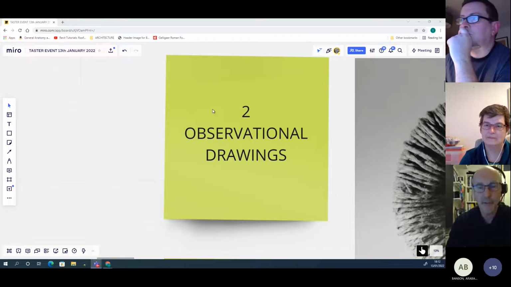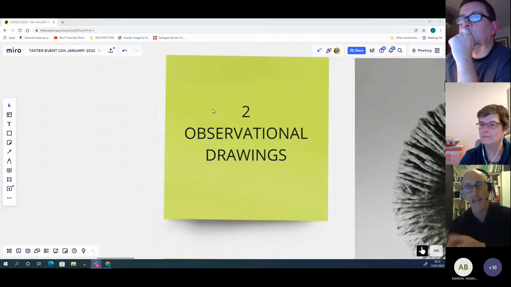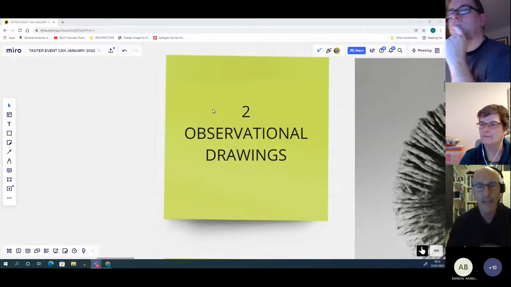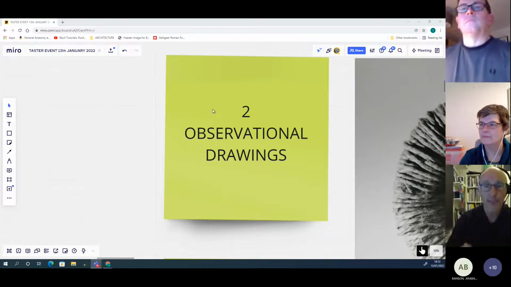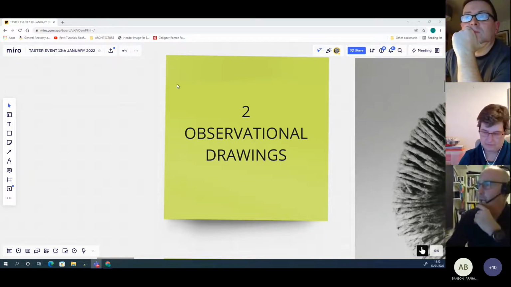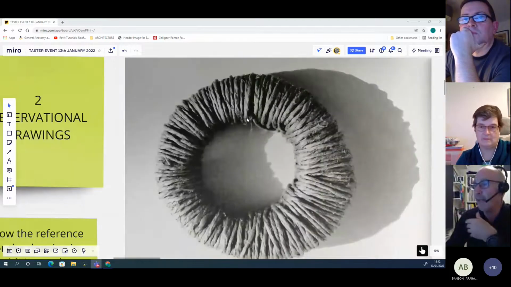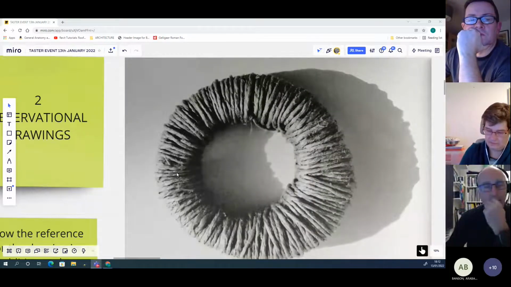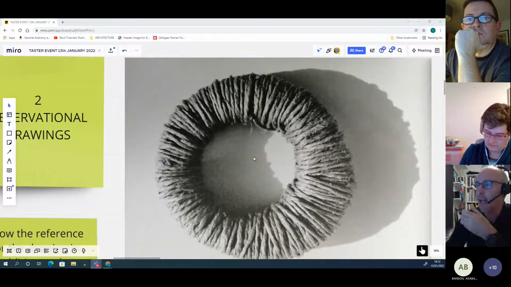I ask the students to draw with their dominant hand their other hand, and they all say, are you serious? And I say, well, yeah, because if you can't observe your left hand if you're right-handed, or you can't observe your right hand if you're left-handed, then something's wrong, and it's stuck to your arm, so you can draw it. It's not going to run away like something in the wild. So it could be as simple as a knot of string,